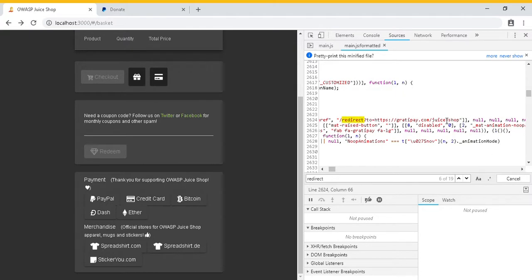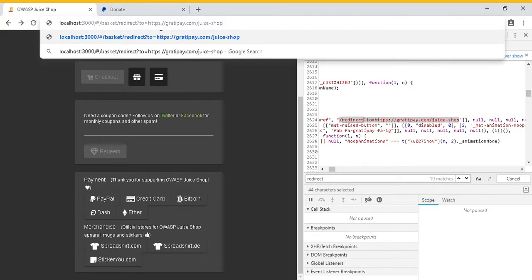So I think this is the redirect that we're looking for, and let's see if it works. If you just simply paste it over here,